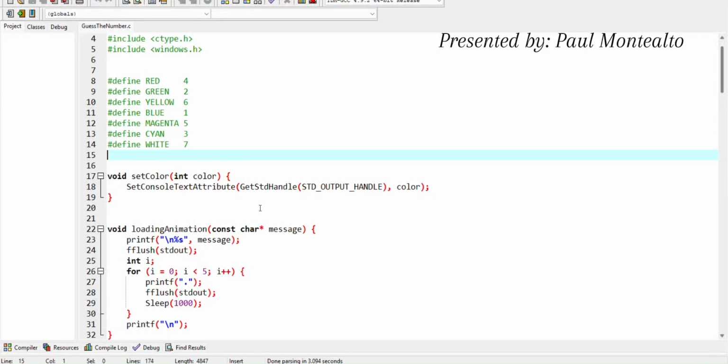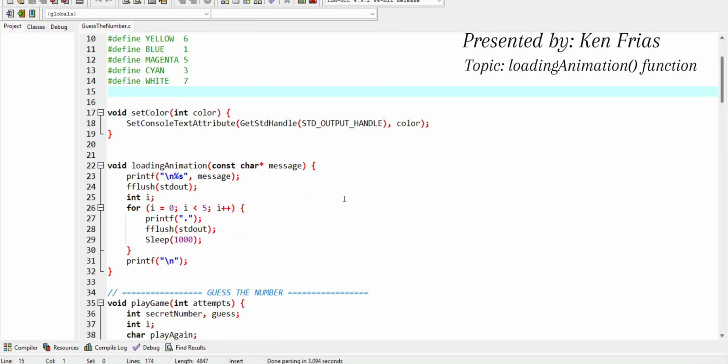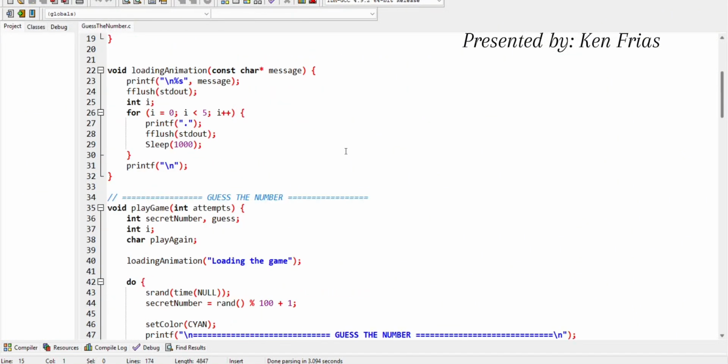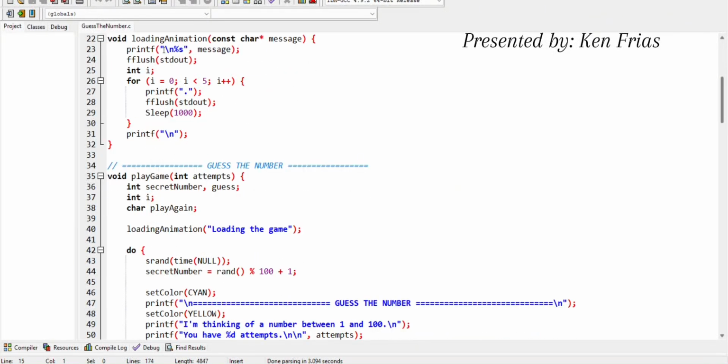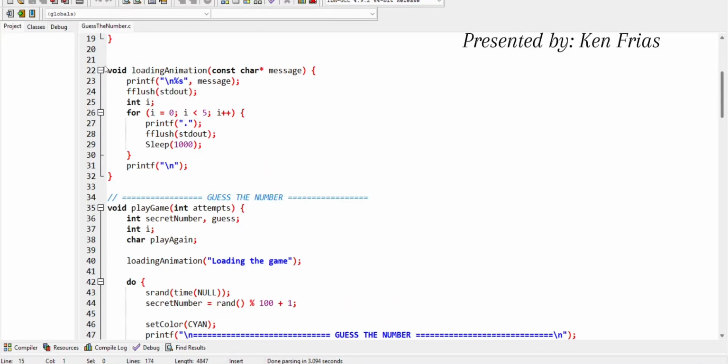So I'll pass to my groupmate Ken. Hey everyone, I'll be explaining the loading animation function. The program includes this function: void loadingAnimation(const char* message), printf newline, then %s message.